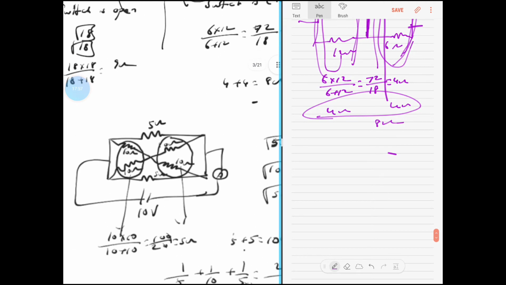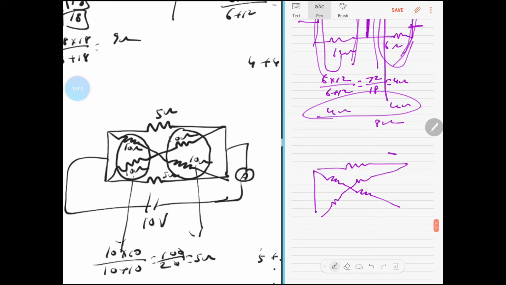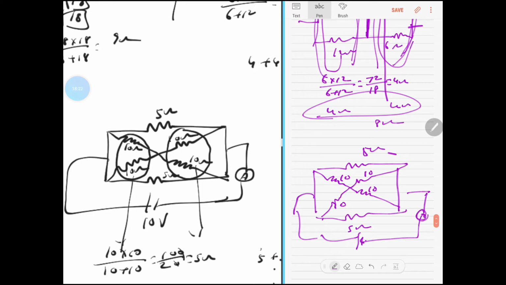And look at this picture here. You have a 5 ohm resistor on the top, a 10 ohm which is going like this, another 10 ohm which is going like this, another 10 ohm like this, another 10 ohm like this, and straight wires, and a 5 ohm here, and an ammeter. This is a 5 ohm, this is 10, and this is 10, this is 10, and this is 10, and this is again 5. And it's connected to a 10 volt battery, whatever it is, and this is an ammeter.